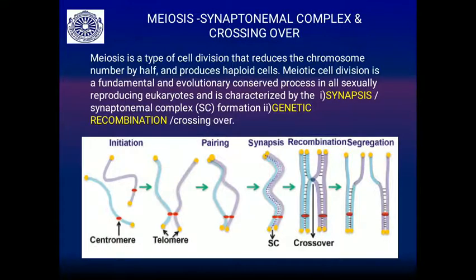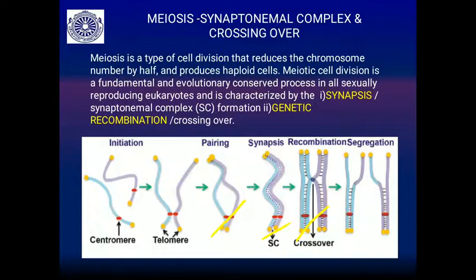Here in this cartoon you will be able to see the pairing of homologous chromosomes, then a complex is going to form in between them. That is what the synaptonemal complex is, and that helps the exchange of chromatid segments between the homologous chromosomes. After this, there is a process of terminalization. This is represented here.